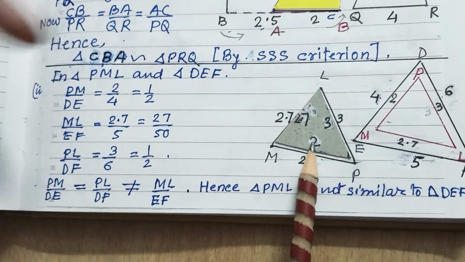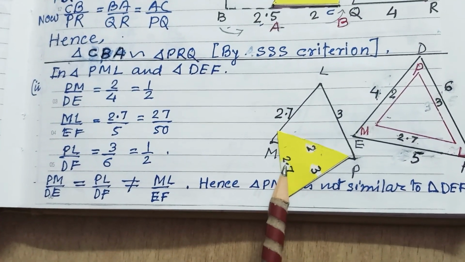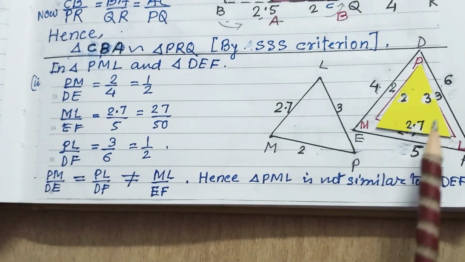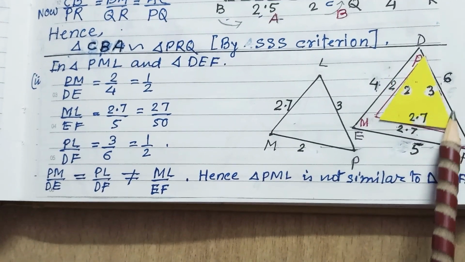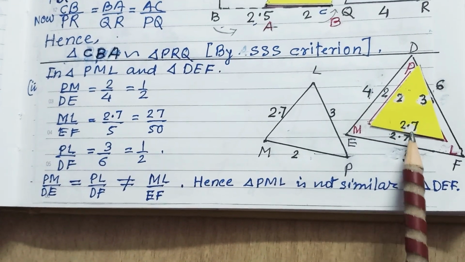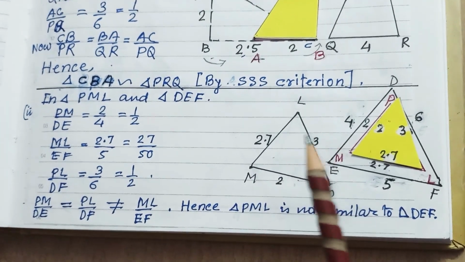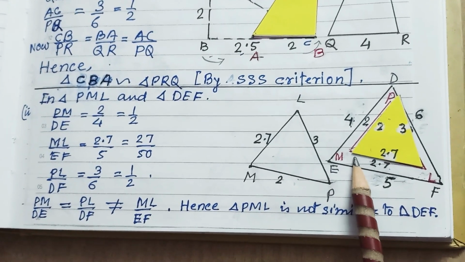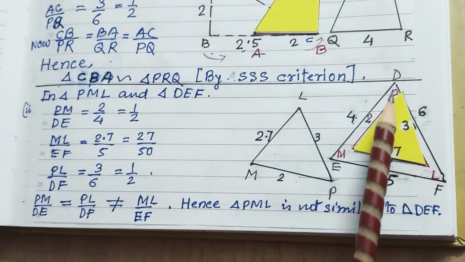If you change it in this way, only this angle will change. Now shift it in this formation. Check it. Now what we can see? 3, 6, 2, 4 and 2.75. And this side, this L shifted here. This one, M, is as it is. L and P are interchanged. P is here.